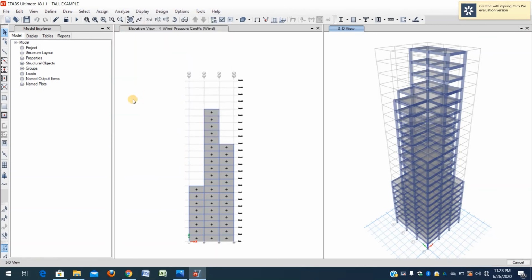Wait for a while. The model will be checked. This may take time because if your RAM is slow, it will take a lot of time.